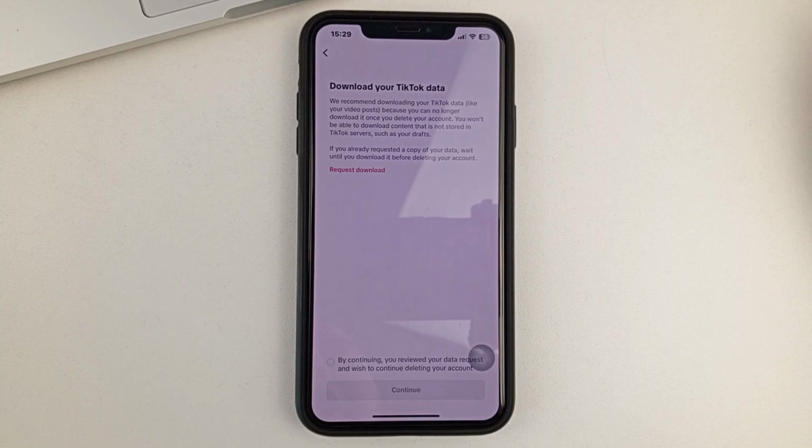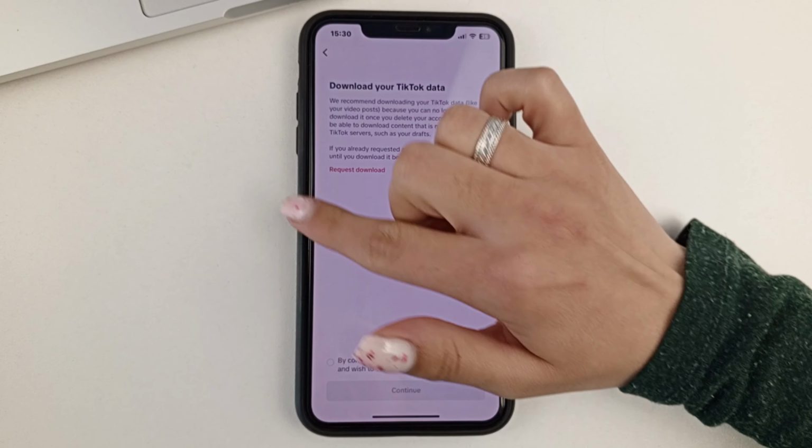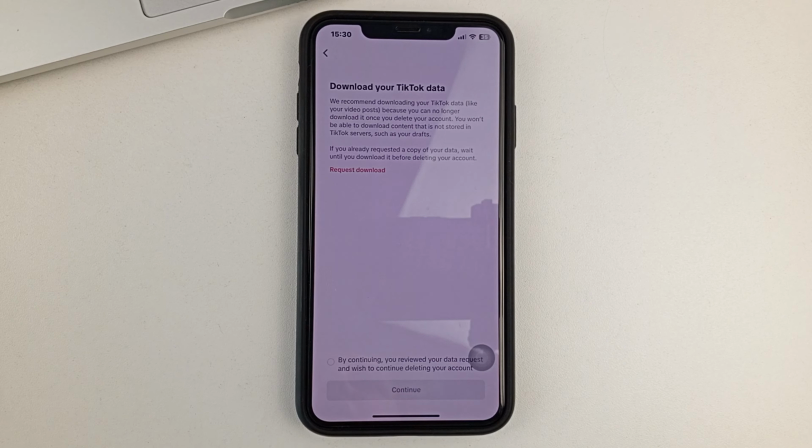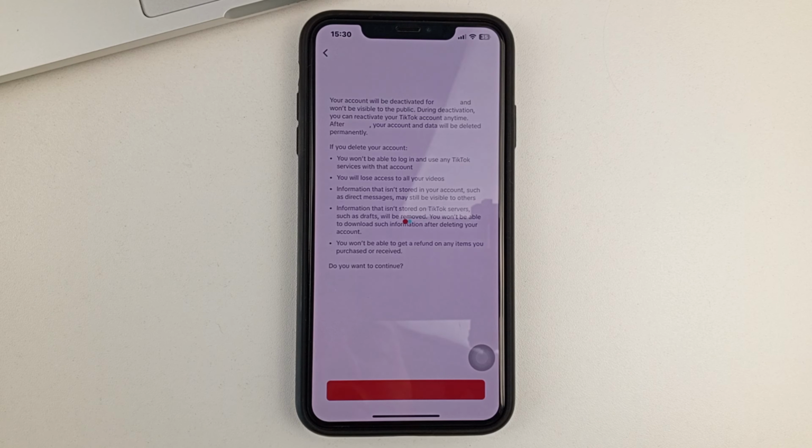Next, in this step, you are prompted by TikTok to save your data from TikTok to the gallery so that it doesn't go missing, doesn't get lost if you really need it. To do this, you'll need to click on Save Data. After you've done that, at the bottom, you click the checkbox here and after that, Continue.